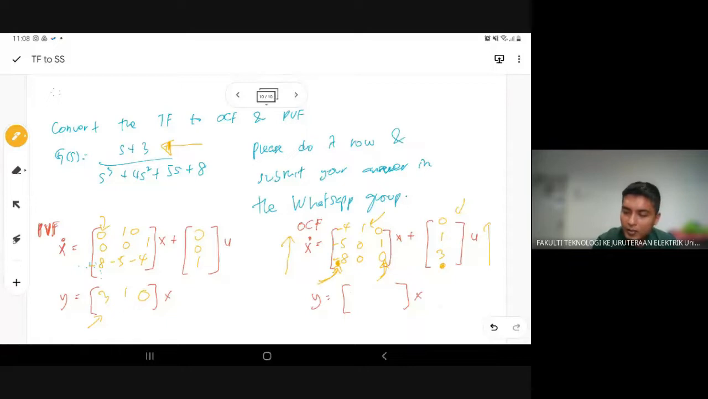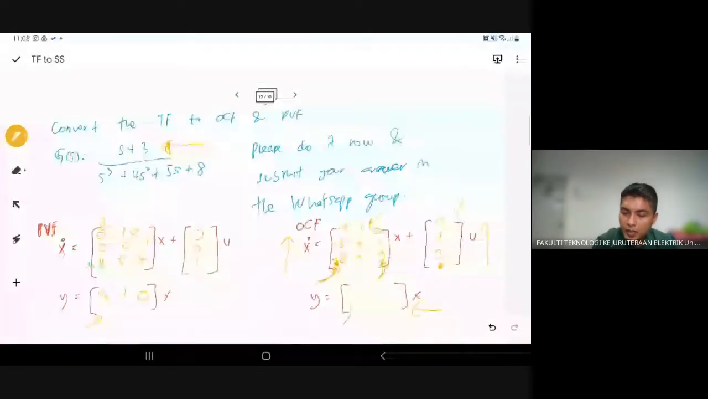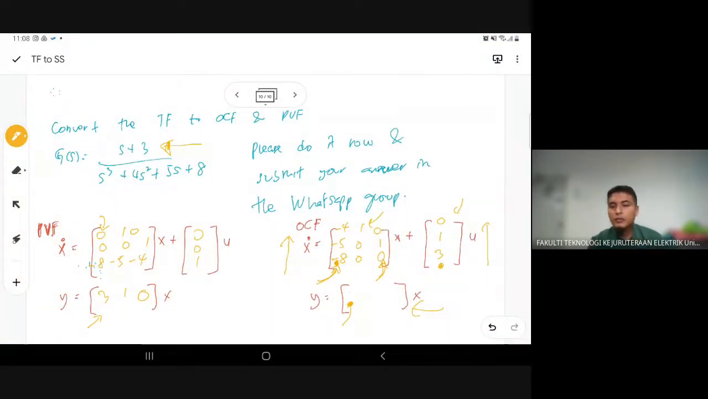And then for the C matrix, starting from here: 1, 0, 0. Okay. Alright, done. To convert from the transfer function to the PVF and OCF. So if you know how to convert these,